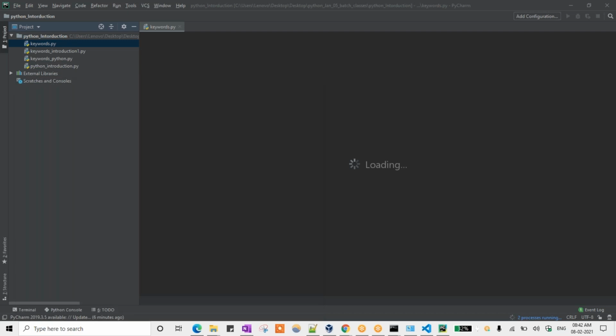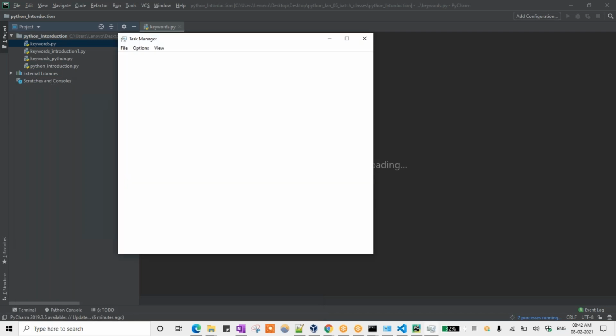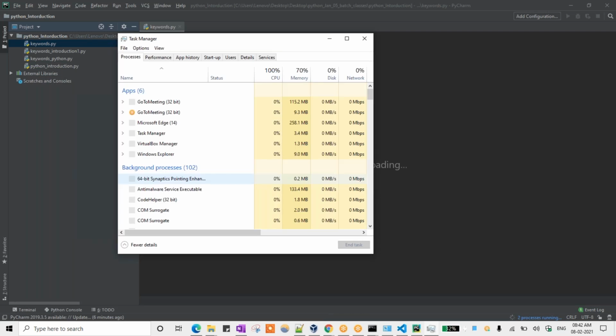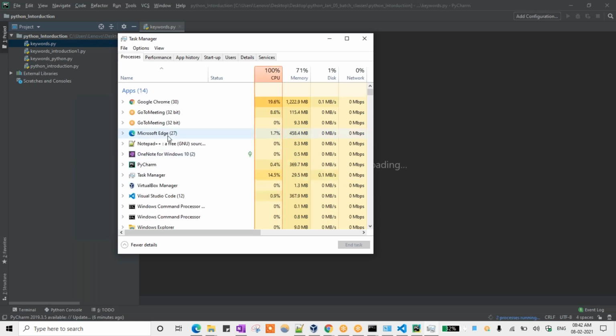Sir, as you have many apps opened, I think it's not working, sir. Yeah, no problem. But you should have 16 GB, right? You have to take that. Python has that much capacity, it is taking that much resources. That is the reason. Other than that, nothing. If you open 10 to 15, also not a problem.